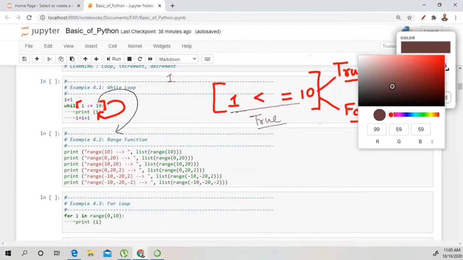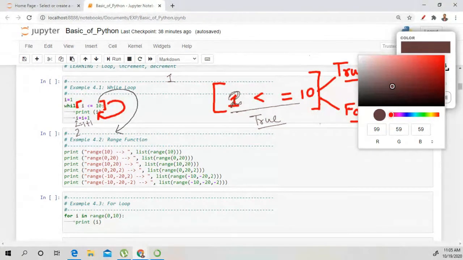After that, this 1 is incremented with 1. So now the value of I is 2. Then this loop continues. It will again check the value for I is 2. So this is again true.